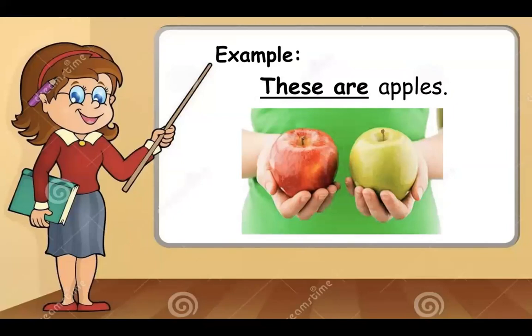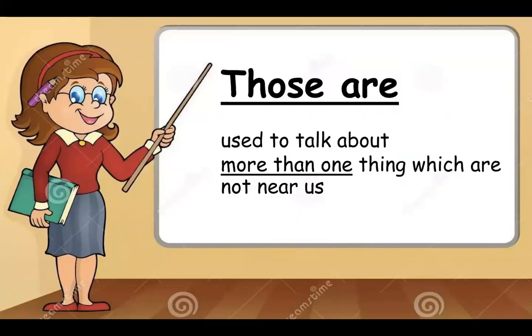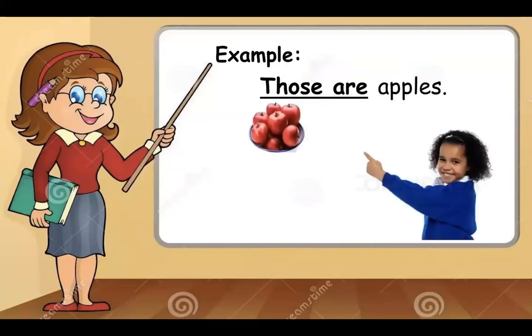So these are apples. এরপর আসছে those are, যেগুলো হচ্ছে used to talk about more than one thing which are not near us. Basically আমাদের থেকে যেগুলো দূরে সেটার উপর ডিপেন্ড করছে। So এটা হচ্ছে যে plural form of that is. তো basically example দিয়ে যদি explain করি, those are apples, মানে এগুলো দূরে আছে এবং more than one apple